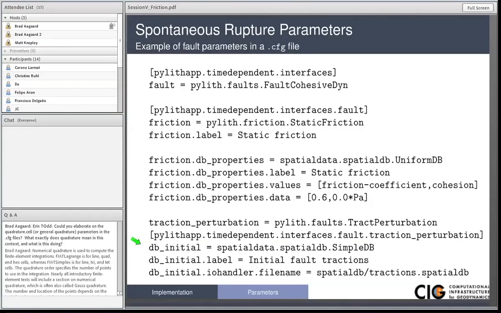This is probably due to the fact that I'm going to have some variation in the traction, say for example, as a function of depth consistent with the overburden pressure, or I'm going to impose higher tractions in a particular region to get the fault to nucleate. And so it follows the same